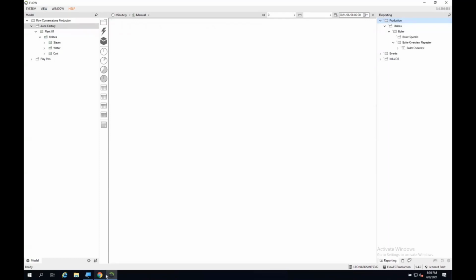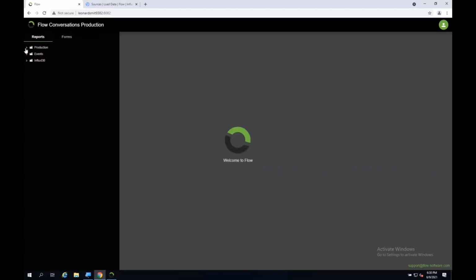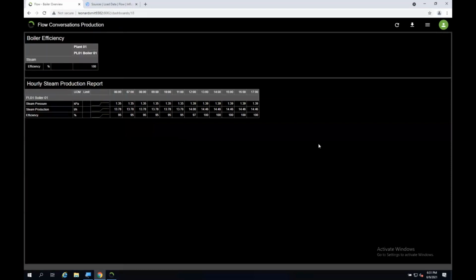Now I can physically go to my front end here. So this is obviously the front end that serves all the Flow dashboards. And currently, you'll notice if I hover over production, there's nothing, because I've just copied and pasted that into my folder structure. So let's give this a refresh. Let's open up that dashboard. And there we go. There's the dashboard with the efficiency and all the values already created